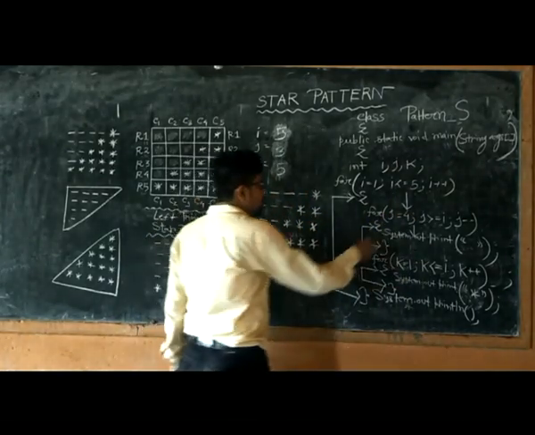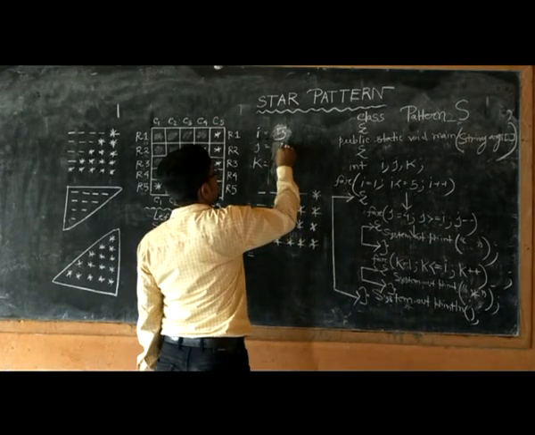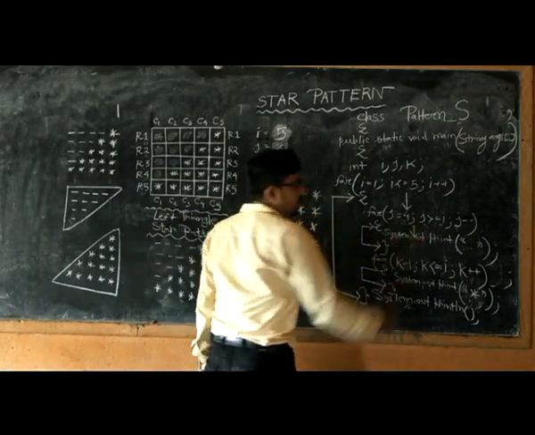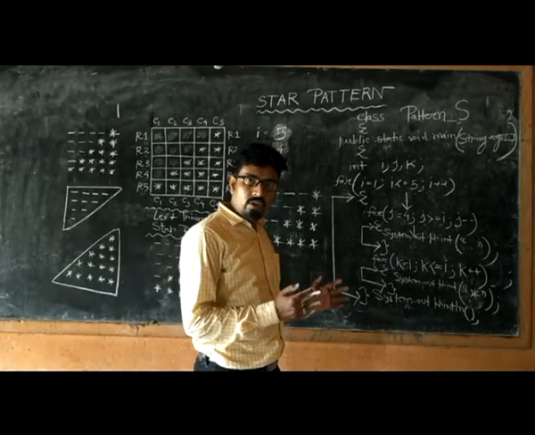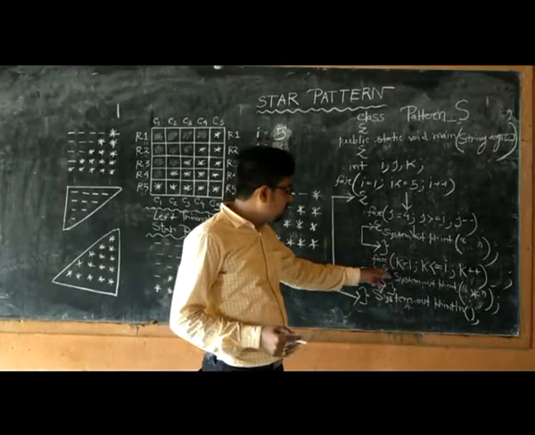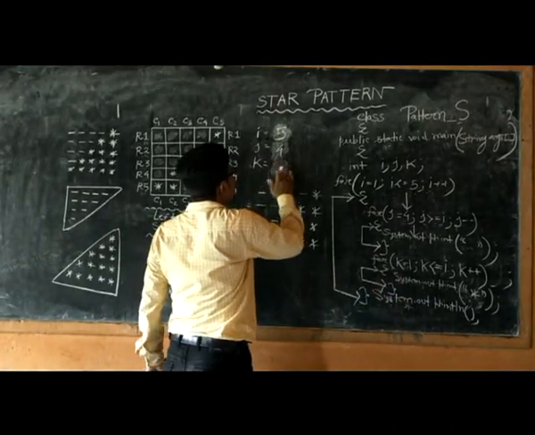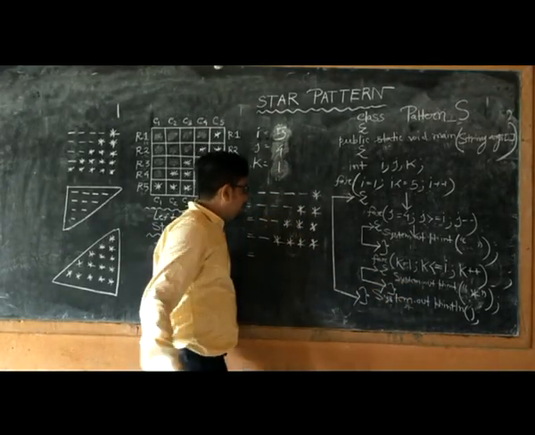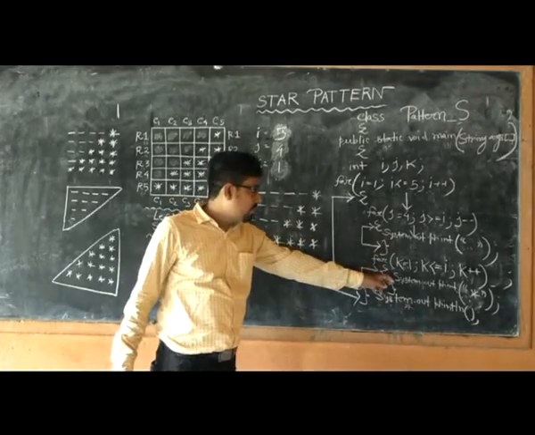Condition true, it will come to this line. J again starts from 4. 4 greater than equal to 5. Students, 4 greater than equal to 5. No, our condition is wrong. It will send the logic to the variable k section. K again starts from 1. So no space should be there because our condition was wrong here. So it will come directly here.